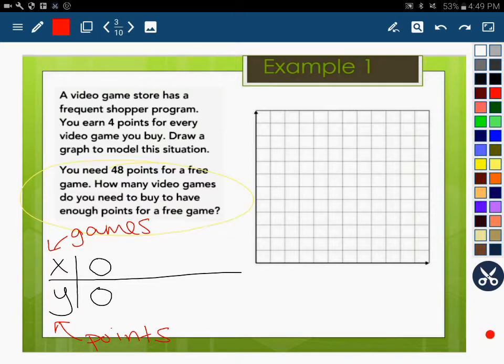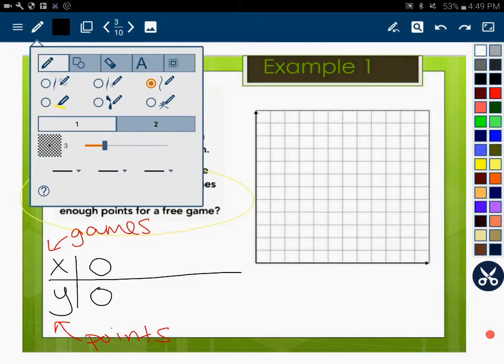So I want to think about X in this situation first because, again, in this real life situation, you're not going to get points unless you buy a game. But you can buy a game and not care about points. So here I have 0 games would get you 0 points. Well, if you bought 1 game, which is in the words themselves, here let me highlight that. That's the important information here,